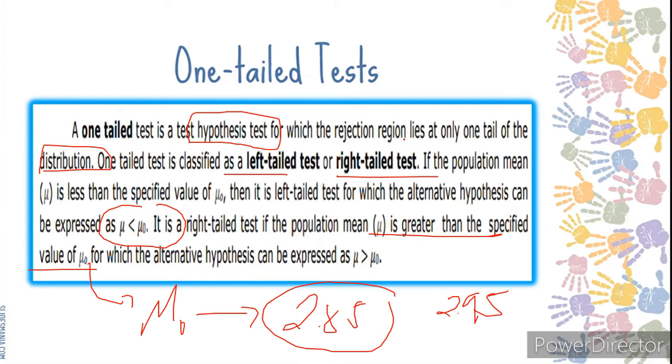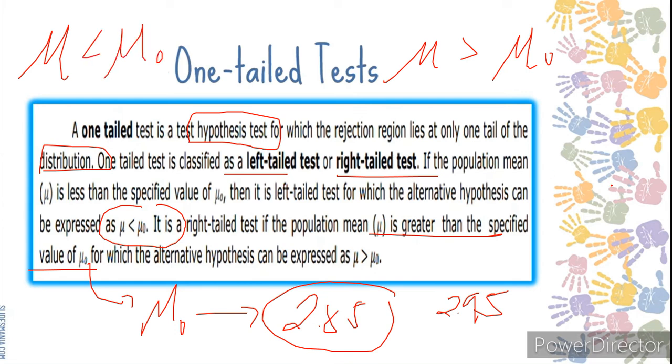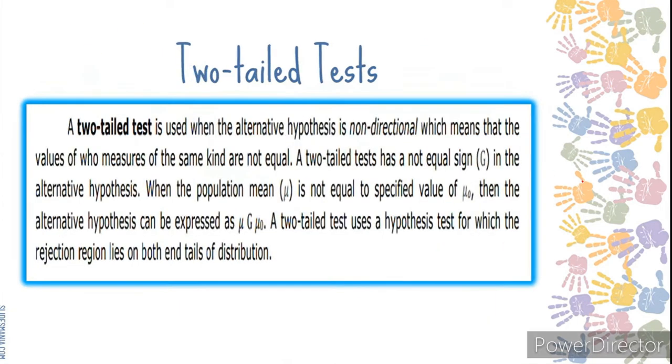So, makikita natin na one-tailed siya. Yung ating symbol niya, ganyan. Could be greater than or less than. Yan po. Next, if it is two-tailed naman, if it is two-tailed test, syempre,